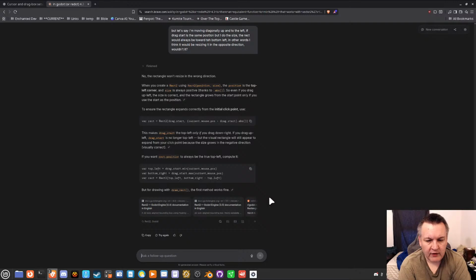Rect2, drag start, current mouse minus drag start, .abs. This makes drag start the top left only if you drag down right. If you drag up left, drag start is no longer the top left, but the visual rectangle will still appear to expand from your click point.